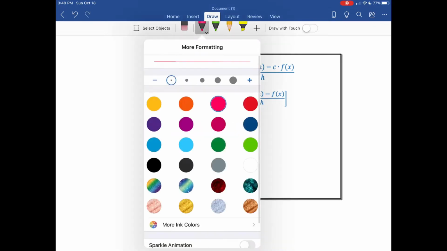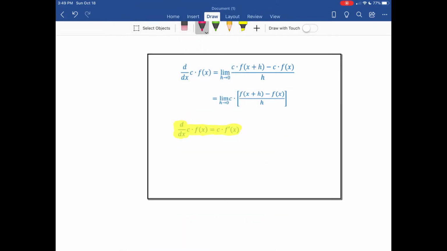What you have above is the proof to it. So here they're showing you that this would be the derivative of c times some function f of x. Using our limit definition of a derivative, it would take on the same application, that f of x plus h minus f of x, except we're adding the c. And then you notice the third step,